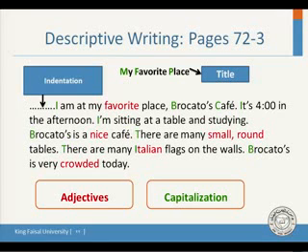You can see that the title is capitalized. My, M capital, Favorite capital, Place capital. Okay? And look at all the green letters in this paragraph. They are written in capital letters. Of course,